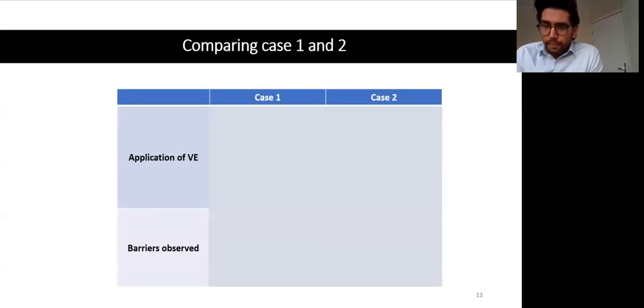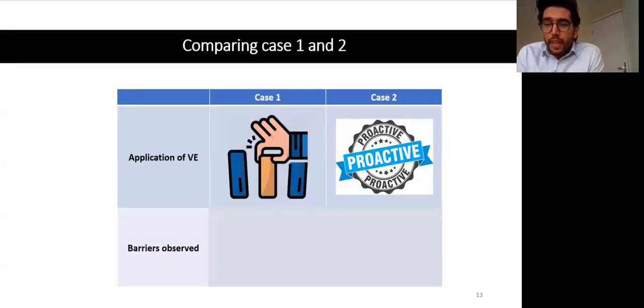Now, in the next step, this is one of the most important slides of this presentation, because this was the main finding. So in this step, both the projects were compared to understand if value engineering can help in resolving the barriers. In the first project, value engineering was an intervention and it was not the first choice of the client. On the other hand, in the second project, value engineering was introduced as a proactive approach from the beginning, during the development of the scope.